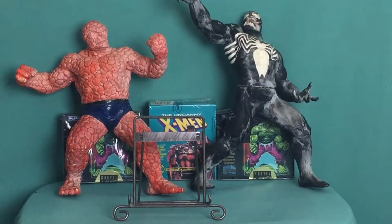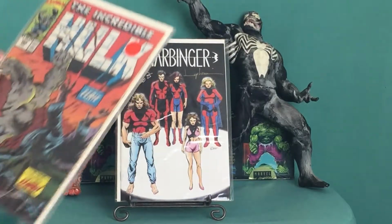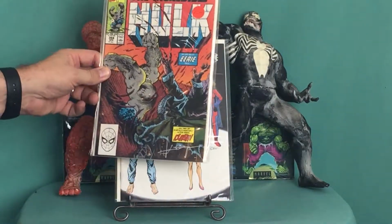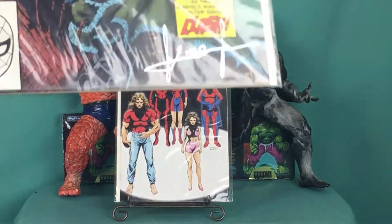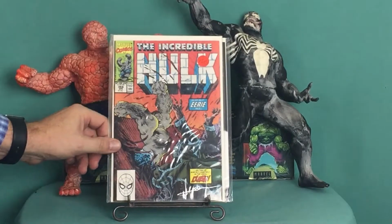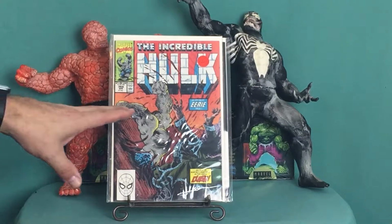I have a couple copies of these. Jim Shooter, Lapham. Then a Hulk 368 signed by Sam Keith down at the bottom. And I have a couple Sam Keith fans that have made sure and let me know who he was. I spaced out on his name before. And then when he left